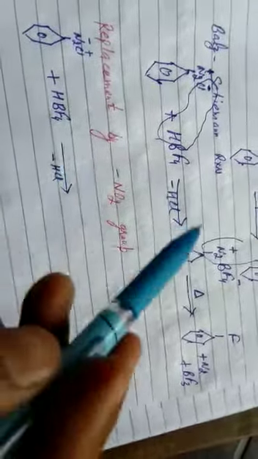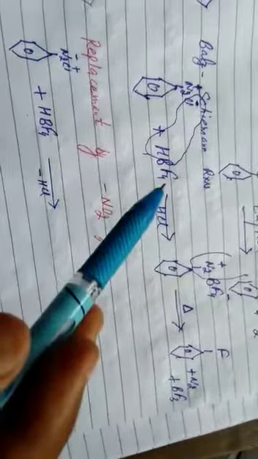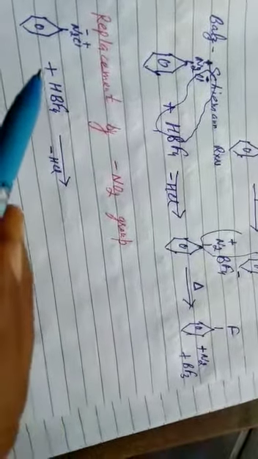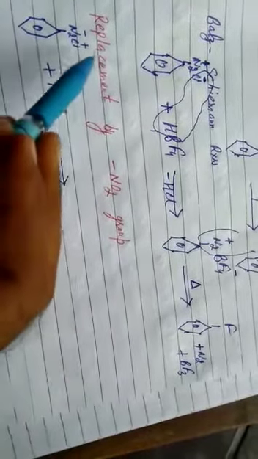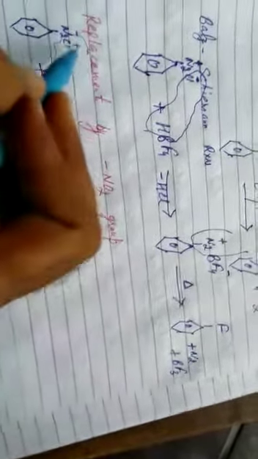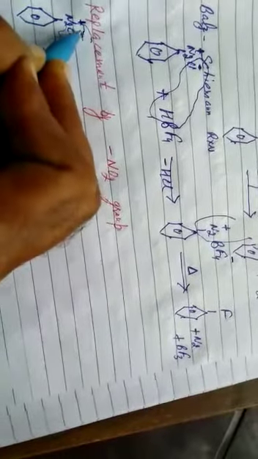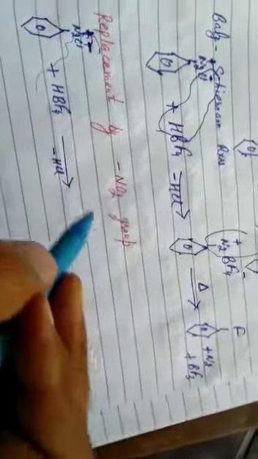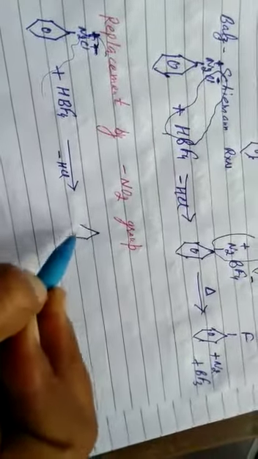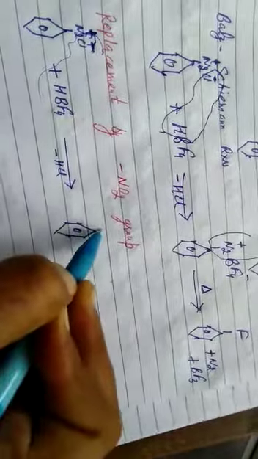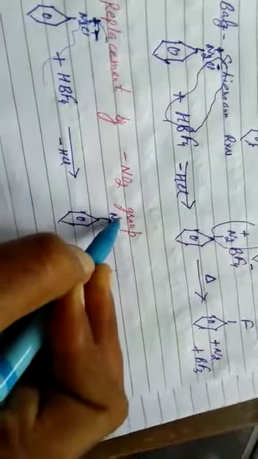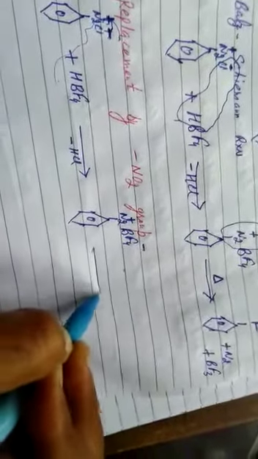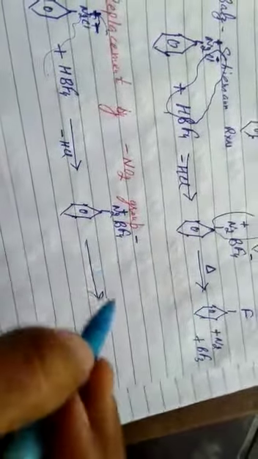Next, replacement by nitro group. Students, again the first step is common that we studied in Balz-Schiemann reaction. First step is common, that is treat diazonium salt with fluoroboric acid. What will happen? HCl eliminated. Diazonium ion carries positive charge, so it is unstable. Yesterday we studied aromatic diazonium salts are stable due to resonance. Again, same condition we got diazonium fluoroborate. It decomposes upon heating. It gives fluorobenzene. It is Balz-Schiemann.